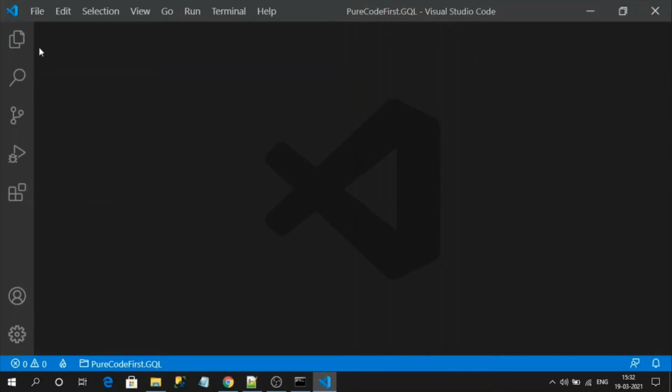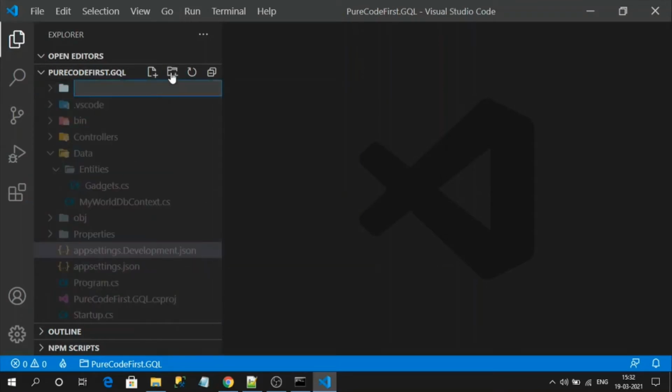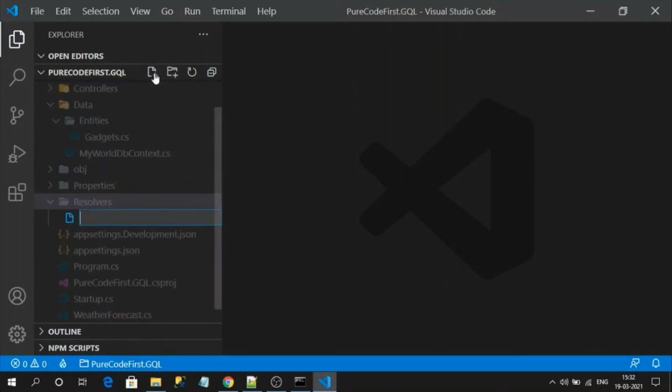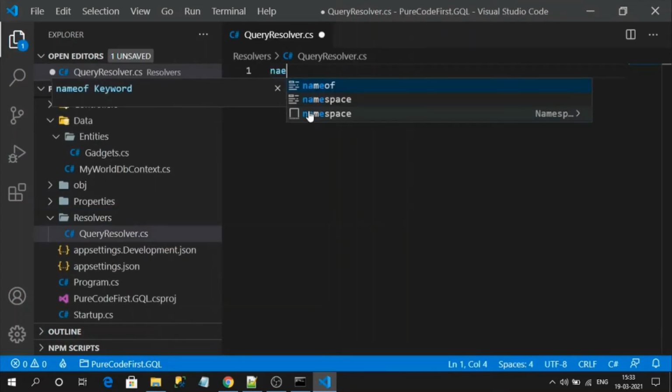For that, I will create a new folder called resolvers. Inside of it, let's create a CS class called QueryResolver.cs. So let's implement it.